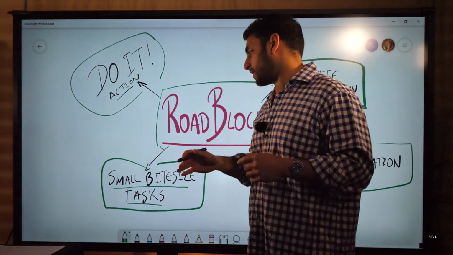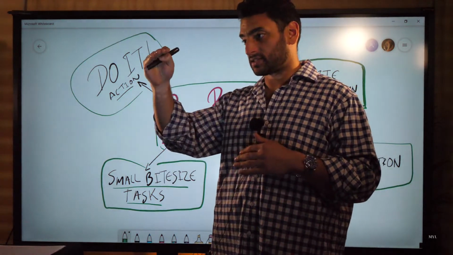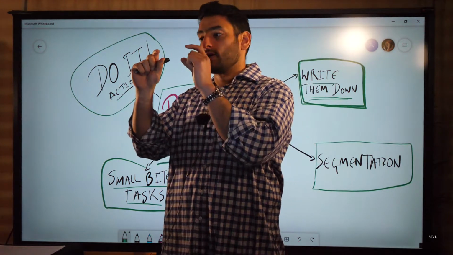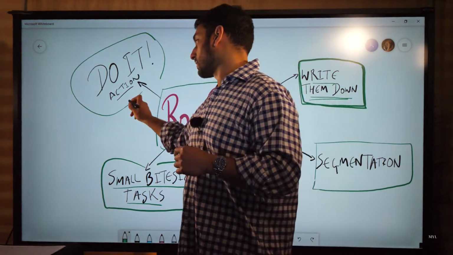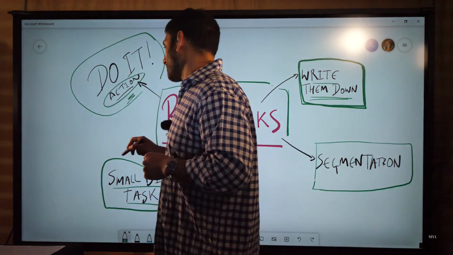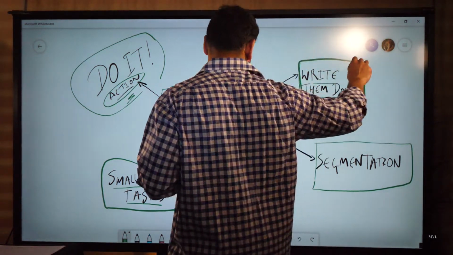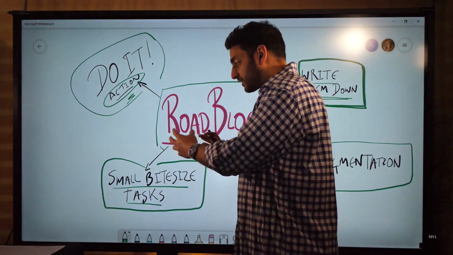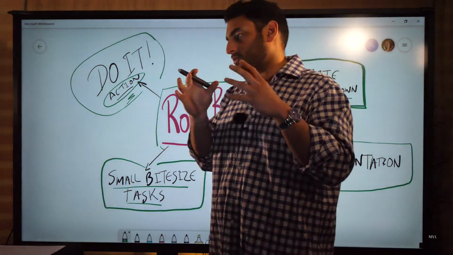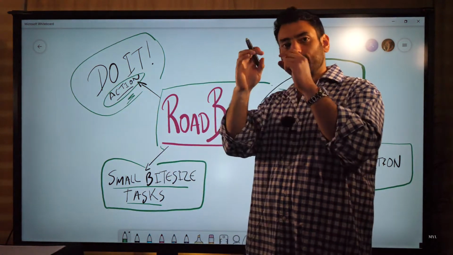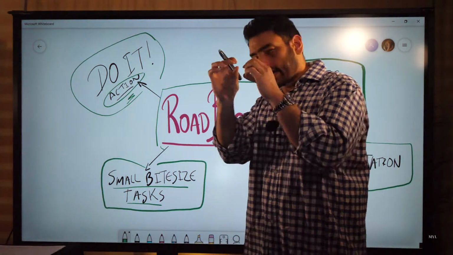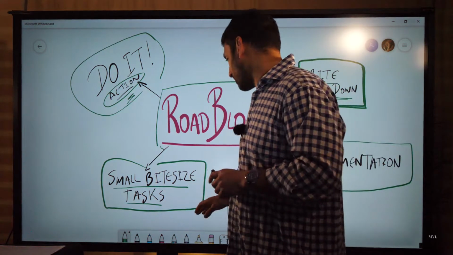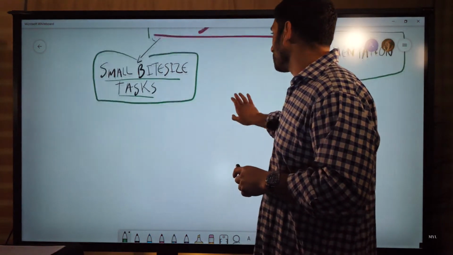Just start doing the small processes you've put in place, the tasks you've chosen to do, those small steps you've broken down. Take action. We want to be action takers. There's a process to this. You write them down, you order them, put them into segments, and then you break down the really daunting ones first. That's the priority. Break them down into small actionable chunks, and boom, get moving. Start doing it.